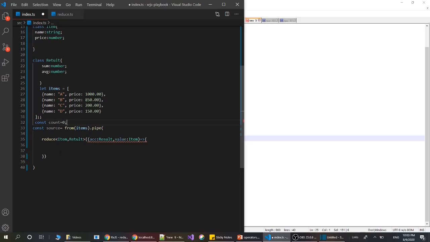Now whenever a value comes, we are going to add it to the accumulator result, and before that, let's create the seed value for this reduce function.